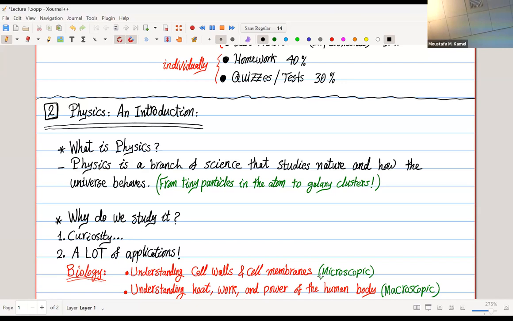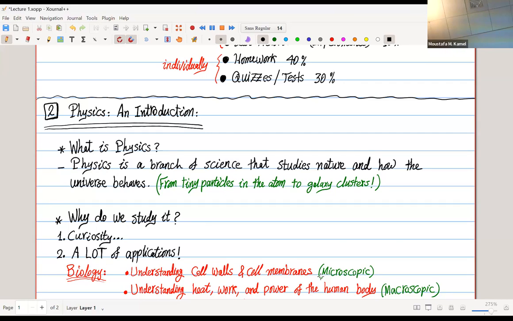Because physics is the simplest of sciences. It's not the easiest, it's the simplest, because it concerns itself with the basic elements of nature: matter, energy, space and time, and their interactions. That's it. That's all physics is concerned about. As you increase in complexity, you go, for example, to chemistry, and then you go to biology and so forth. So you increase the complexity of your systems.